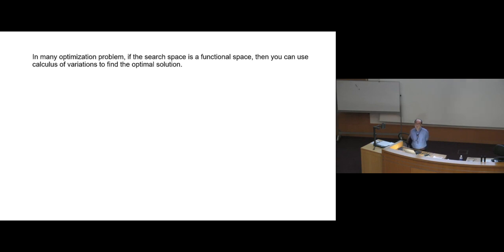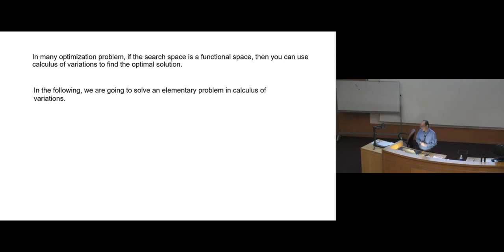Now, let's summarize. For this case, we have shown that if the solution is in a space of functions, and we want to solve the optimization problem, normally we can rely on the calculus of variations to find the optimal solution. Okay. Here I show you an example to solve the optimal control problem, but there are many other applications where you can use the calculus of variations to find out a smooth function which will minimize something.